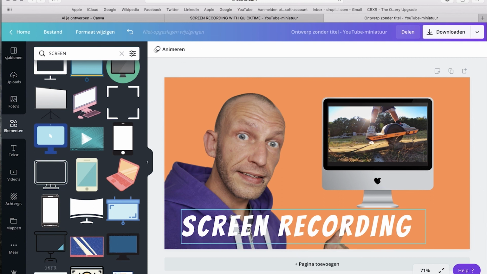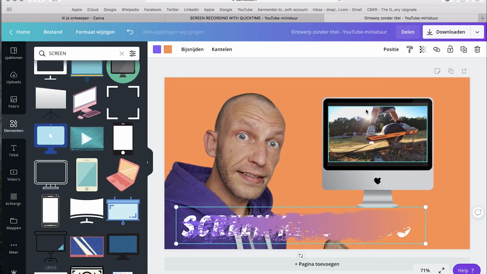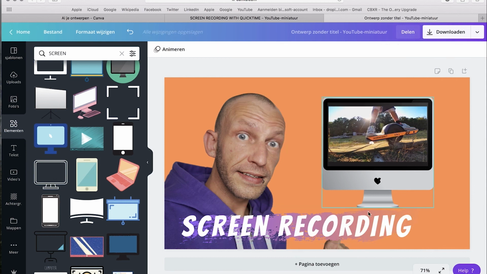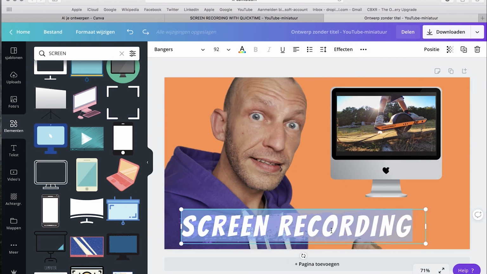But still, I have some white at my sweater, so the text is not that clear. That's why I always use this kind of a background that you can see for the text. And this will make the text pop out a lot more. Change position, and now you can see the white in my sweater does not affect the text. So let's replace this,